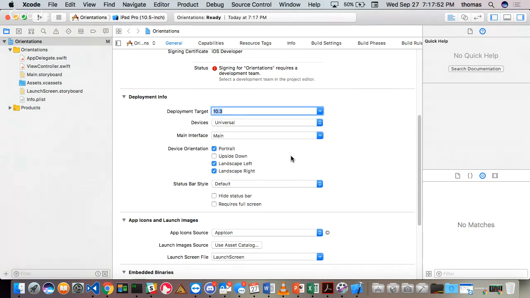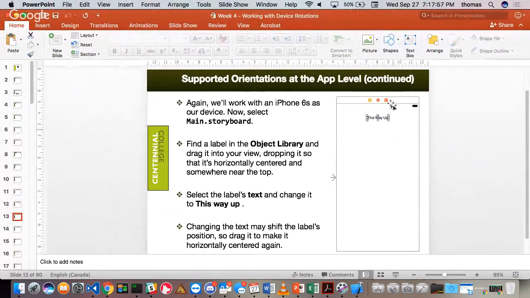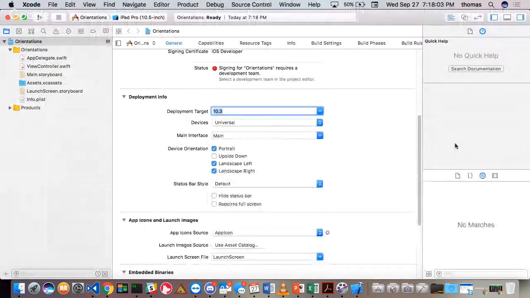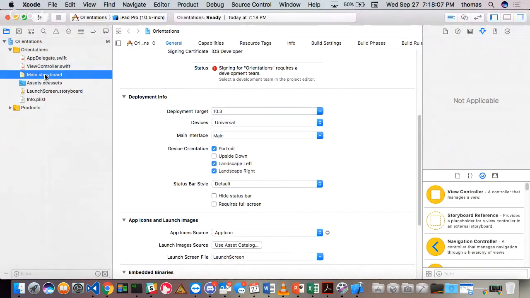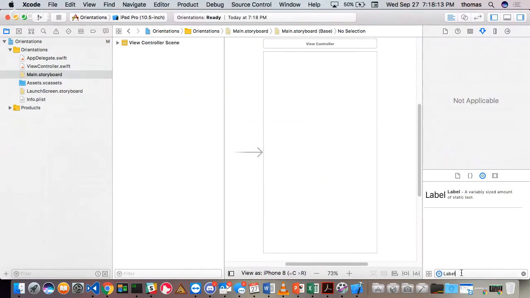And then in the next slide, that's slide 13, all I want to put is this thing that says this way up, right? This little label. So we're going to go back to the main storyboard here, and we're going to get a label. And look, my friends, this makes me mad,